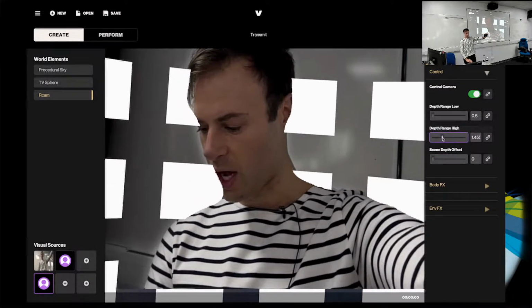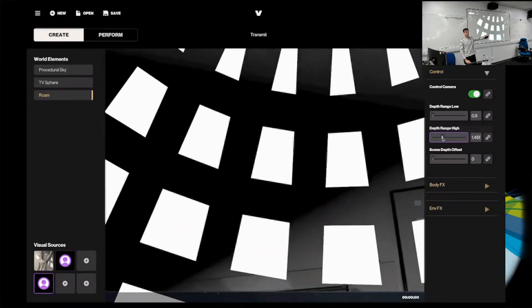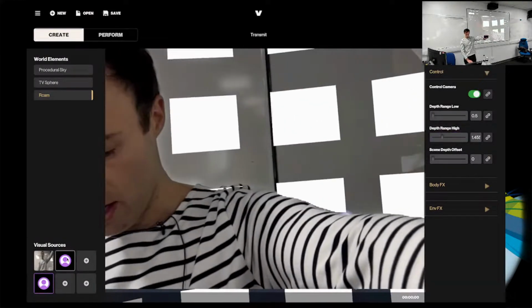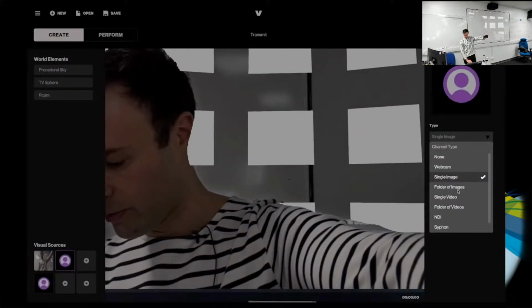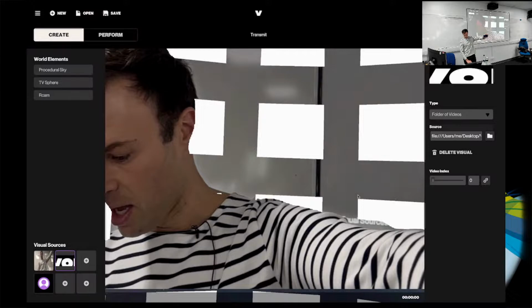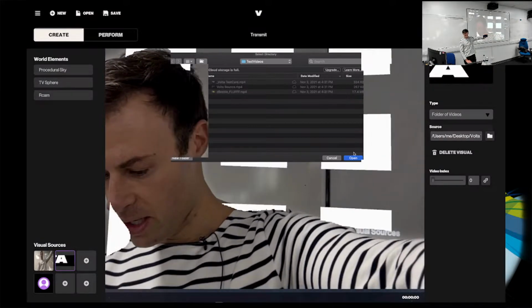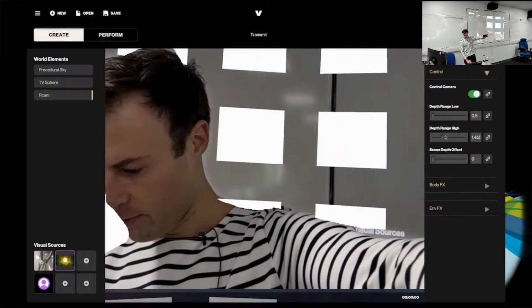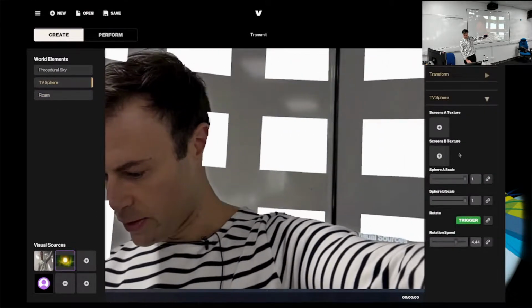So if I move the phone around like this, you can actually see it's acting as the virtual camera in the scene. I can grab those same VJ loops and use those as content in the scene on the 3D objects. So if I add those in here,